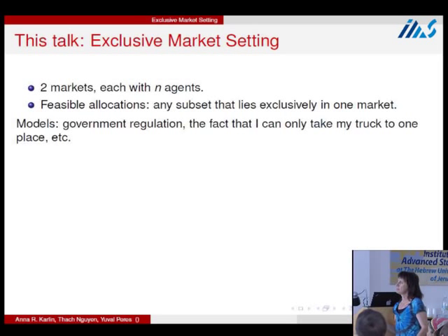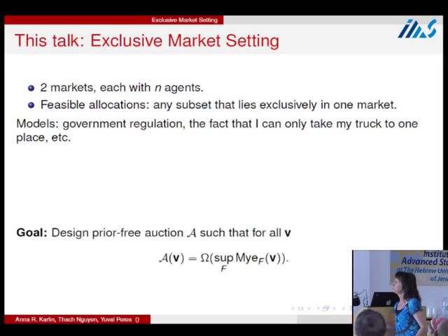You have two markets, each with n agents. And the feasible allocations are any subset that lies exclusively in one of the markets. Okay? So this might model government regulation where you're not allowed to sell in both markets, or the fact that I can take my falafel truck only to one place, or whatever it might be. Okay, so the question is, can we design a prior free auction that gets a constant,